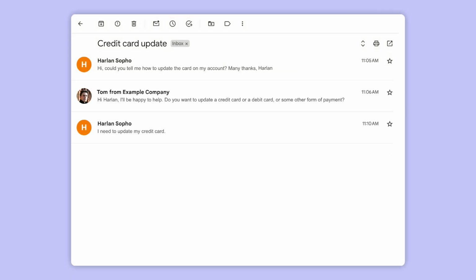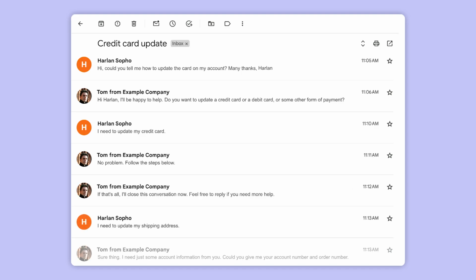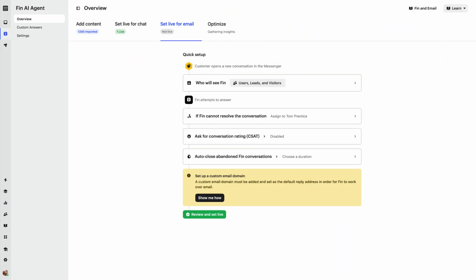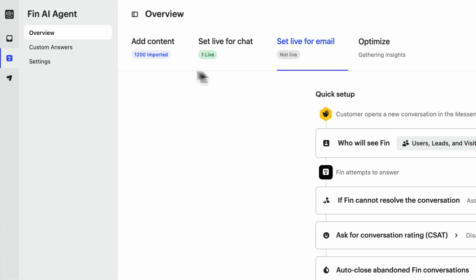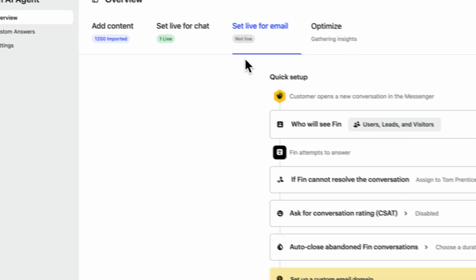Email is still the channel of choice for many customers and businesses. So let's put Fin there too, so it can support your customers where they are. As email works a little differently to live chat, it needs its own workflow. Under Fin and the Set Fin Live for Email tab, we can use Quick Setup to get up and running